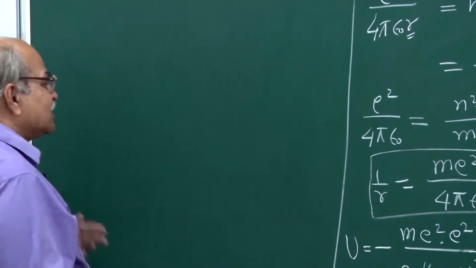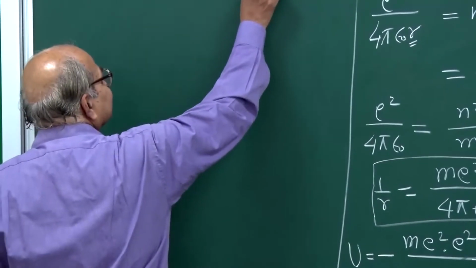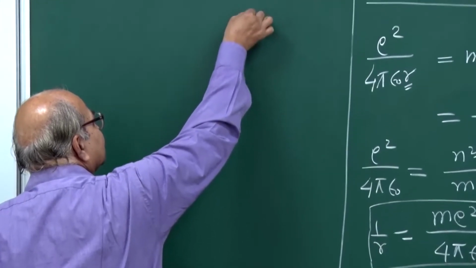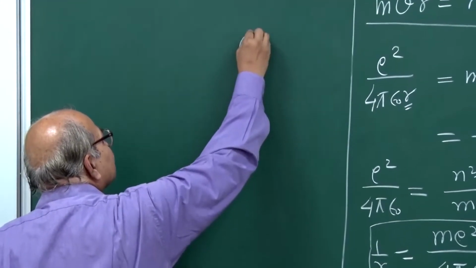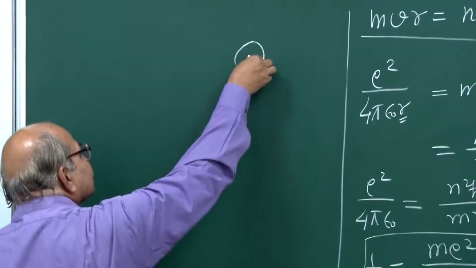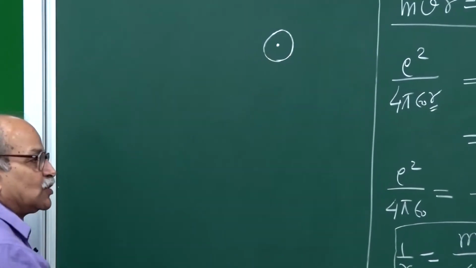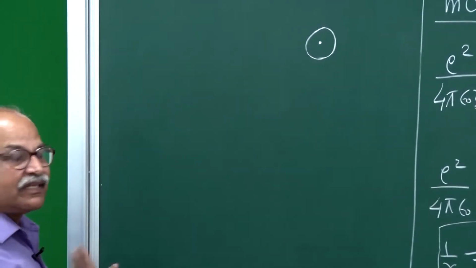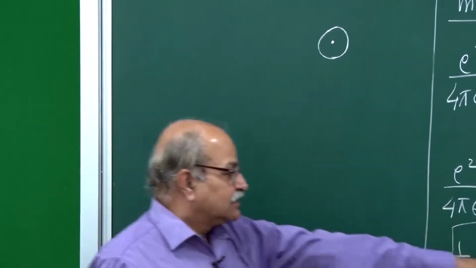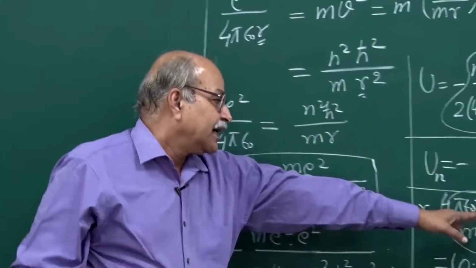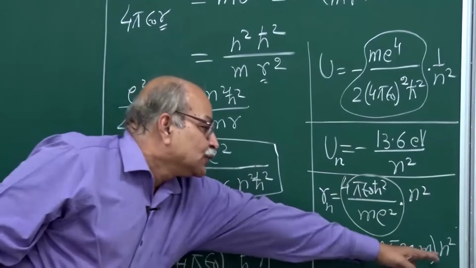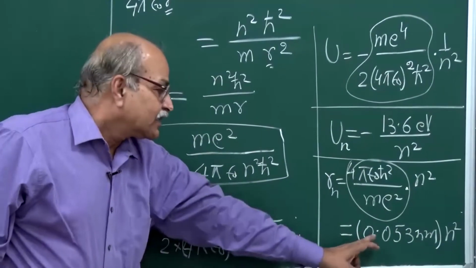The proton is here, and then there are certain allowed orbits. This is the smallest radius: n equal to 1 in this expression gives you the smallest radius, and that radius is